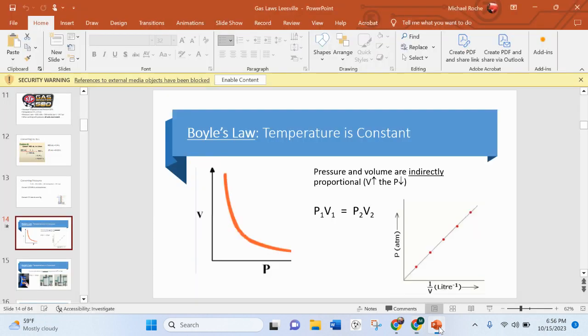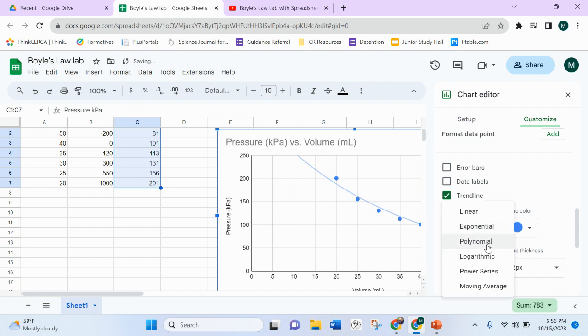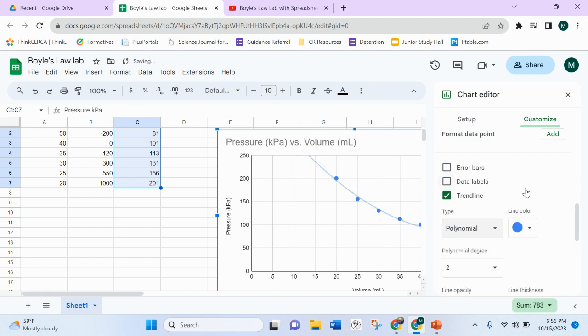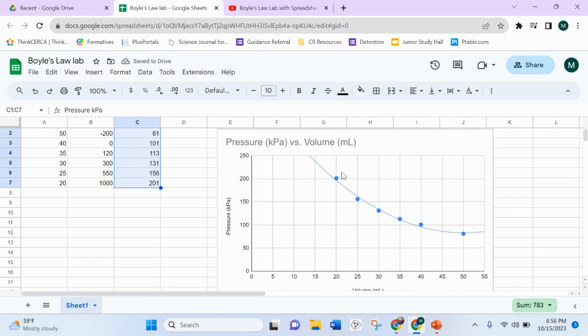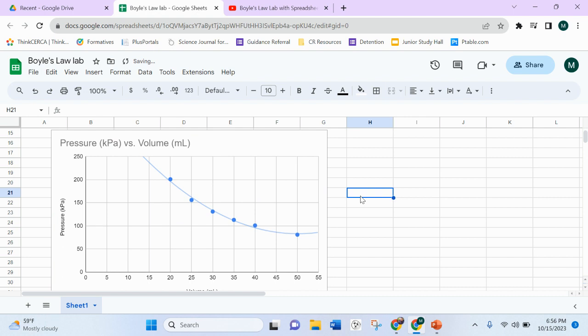As we can see, that's not really a linear relationship. So what we're going to want to do is either go with an exponential, or it seems like a polynomial fits best. So I'm going to go with that. So there you go. If you have this graph, that's a great start. We can move that by just clicking it and shoving it over here,